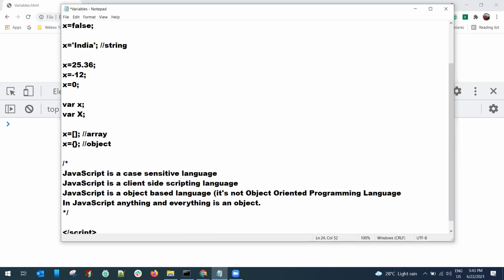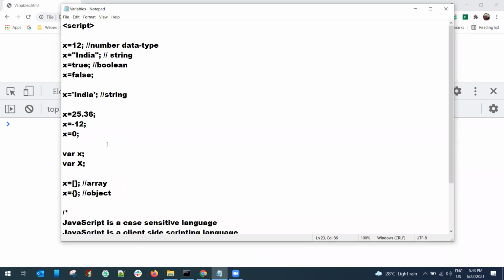What does this statement mean? Anything is an object here. Actually, number is also an object. Boolean is an object. Initially, you'll not find it easy to digest, but we'll have a separate session to understand the object-oriented programming concept. Then you'll know the difference between object-based and object-oriented. Good. We should learn about number in detail, string in detail as we progress. This is also number, array, and object.